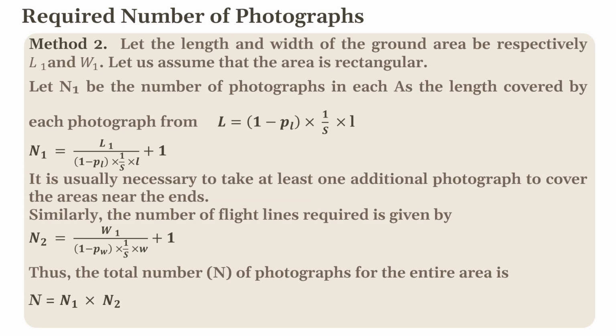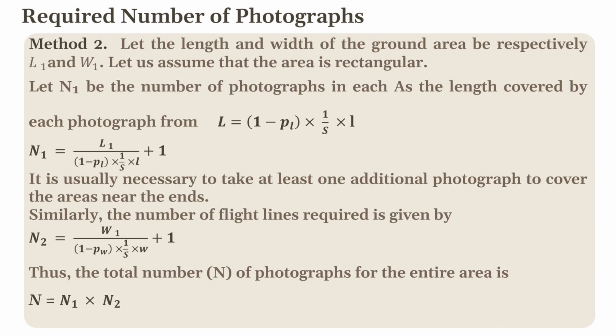Now moving to the next method. Let's look at another approach where we use the dimensions of the ground area. We'll assume the area is rectangular for simplicity. So step 1 here is the ground length and width calculation. Let us call the length of the ground L1 and the width W1. So the number of photographs along the length is N1,